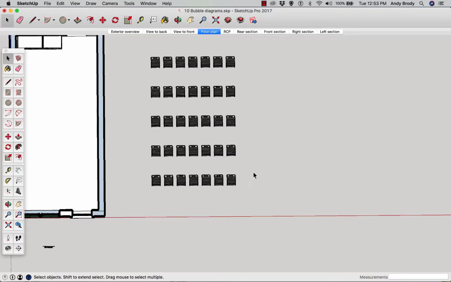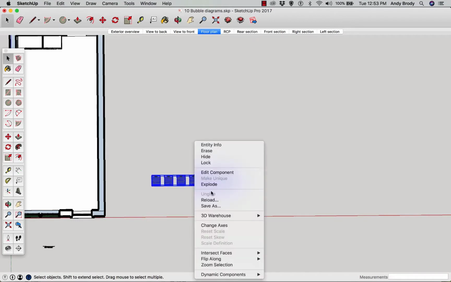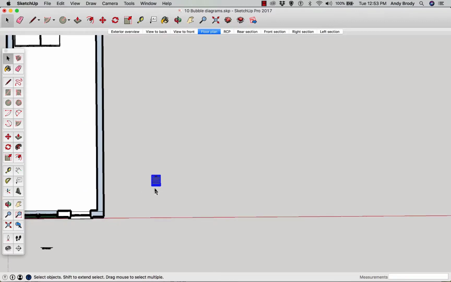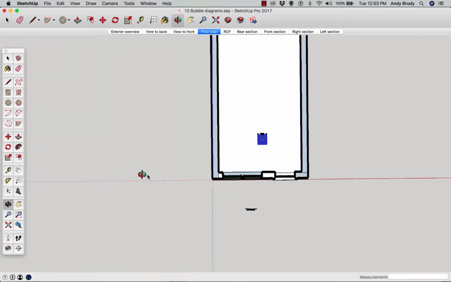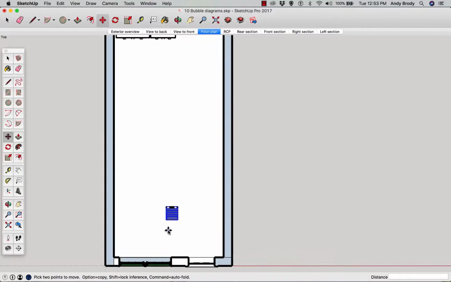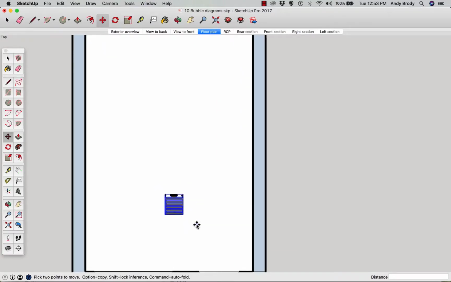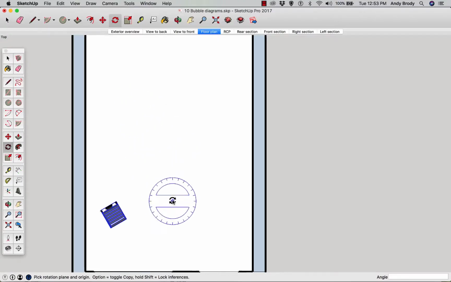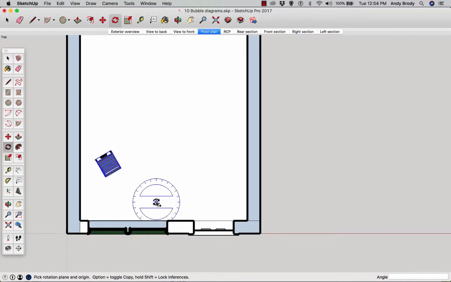Okay. Now, let's say we want an array. I'm just going to explode this, but we want it to be curving. Maybe we want a little bit of an arc to the seats. Now maybe I'll move this into the plan to get a better sense of exactly how much space I have for my array. I'll move this guy over to the corner, and I'll use my rotate tool to kind of point it towards the middle. And what I can do is use the rotate command and tap the Alt. Once again, I have the little plus sign that I can use to rotate